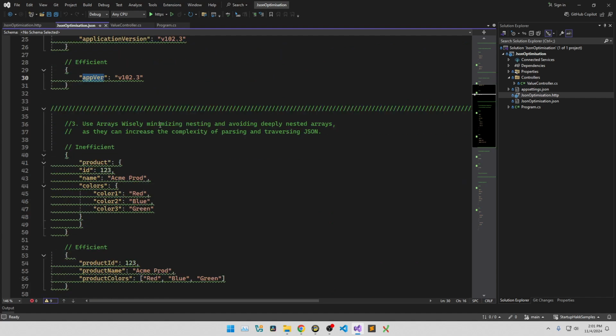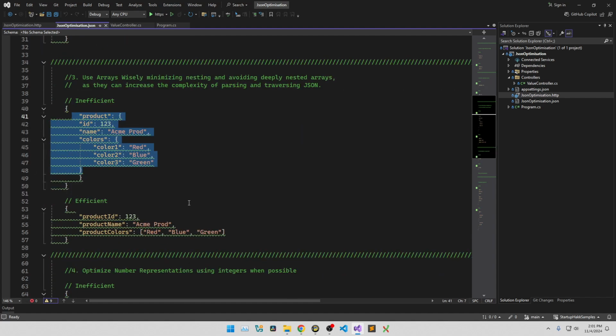Now, you want to use arrays wisely, minimizing nesting and avoiding deeply nested arrays, as they can increase the complexity of parsing and traversing JSON. So this is inefficient, to use a nested array here. We can just as efficiently say product colors, right, and give red, green, and blue. And in this, you know that this is at index 1, index 2, index 3, and so we've avoided using